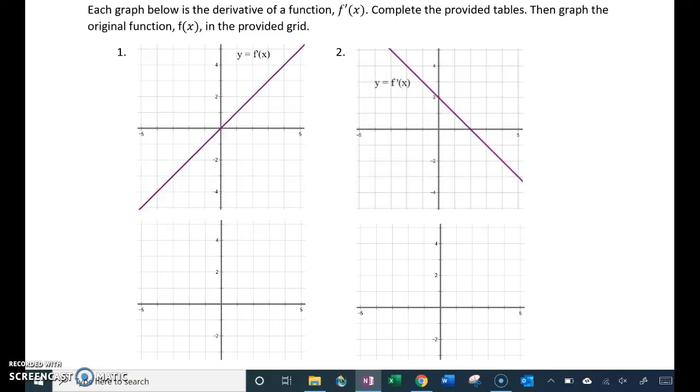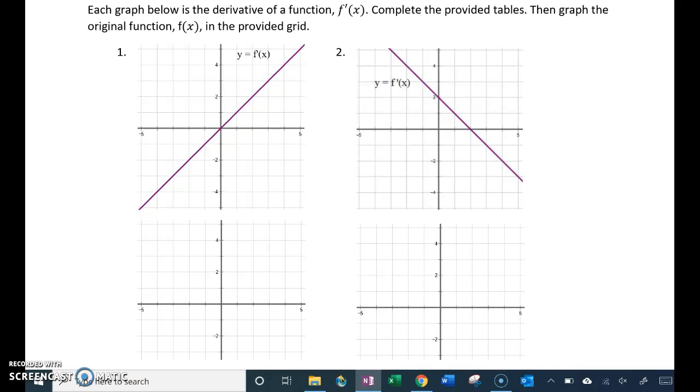Alright, so this question is different from what we've seen previously because we're given the graph of the derivative of f and not just the original graph of f. So we just got to think a little bit differently. If you take a look at number 1 here, we can see that the graph is essentially the line